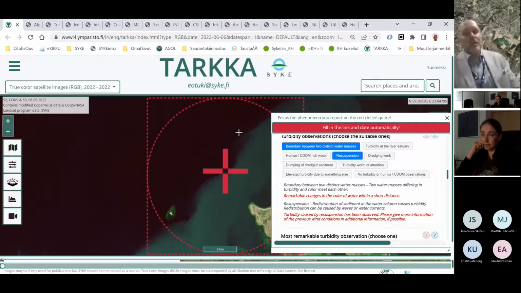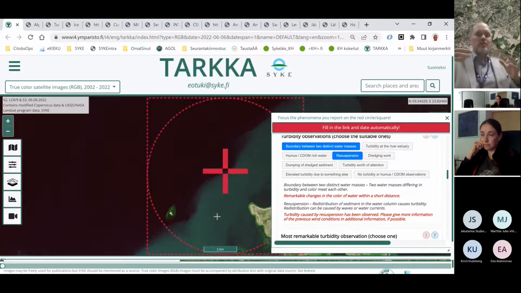So what we are not looking at is what is the content in this particular pixel. It is possible to state that too, but what we are looking at is features. For example, these kinds of boundaries between water masses. It's quite difficult to state in which part it is in here, but you can highlight the area where the interesting thing is happening. And then